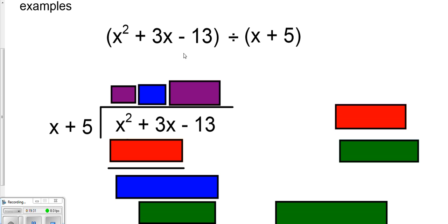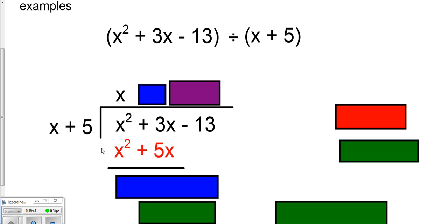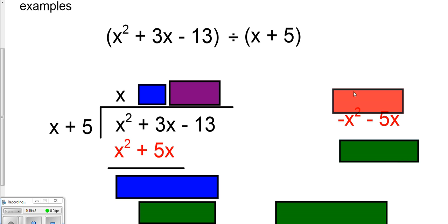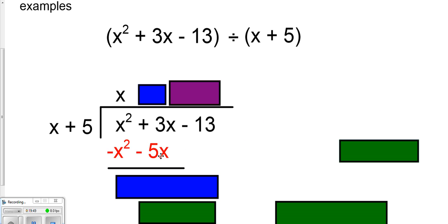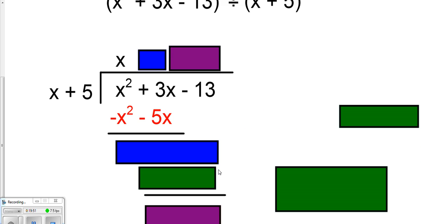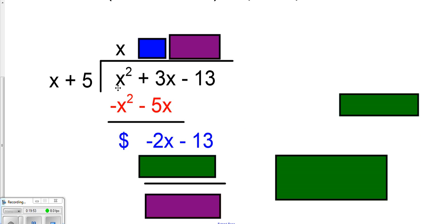So I put this dividend underneath the box, divisor outside. X into x squared, x many times. X times each of these becomes x squared plus 5x. Again, I don't want to use this version. I want the opposite. So I change each of those to be a negative. That way, when I combine, these two will cancel. These two become negative 2x. And I need to drop down